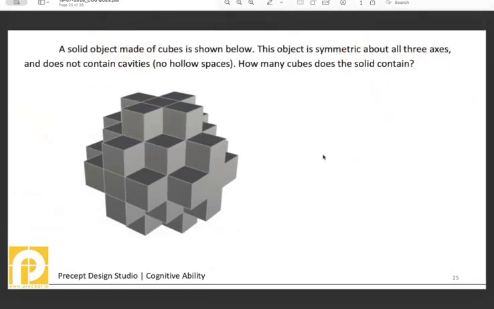A solid object made up of cubes is shown below. The object is symmetrical about all 3 axes and does not contain cavities or hollow spaces inside. How many cubes does this solid have? We have to count the total number of cubes that this solid has. In this case, we start with a very simple assumption that we can look at the solid in different ways. So you can either count the solid cubes row-wise, or another way to look at it is